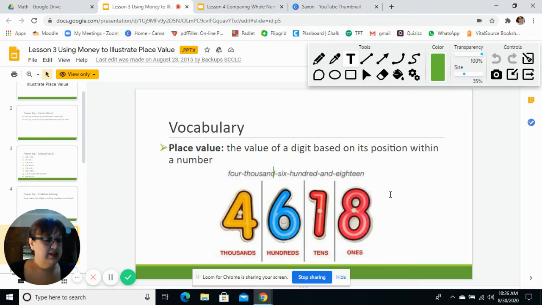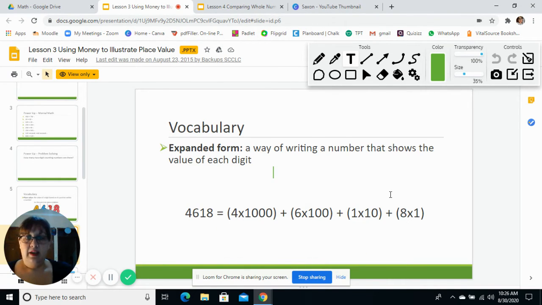We can use money to illustrate this. Let's go on and figure it out. Okay, there's expanded form. Go ahead and write that out in your notes. Expanded form is a way of writing a number that shows the value of each digit. So here's our normal form, that we just looked at,